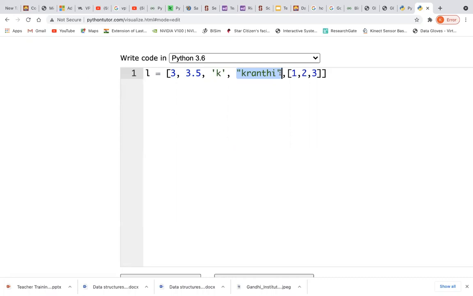Yes, sir, because it is also stored as a sequence of characters. Yes, correct. If you are saying these are primitive data structures, now you can see that 1, 2, 3. In that you also have this 3, right? That means 1, 2, 3 to infinity and -1, 0, -1, -2 to minus infinity are all primitive data structures belonging to primitive data structure integer. So you are using all integers in a list. So this data structure called list is constructed using primitive data structure called integer. And this is constructed using character, which is a family of integer.